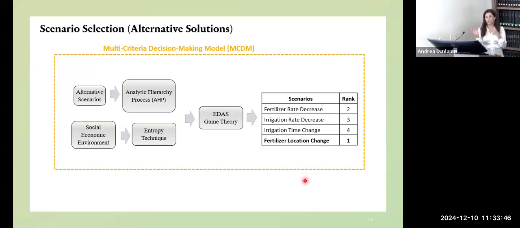plan change. In order to run this management system model, we developed a survey, and we distributed the survey to ranch managers over there and to more farmers, to be able to get an interpretation for the social